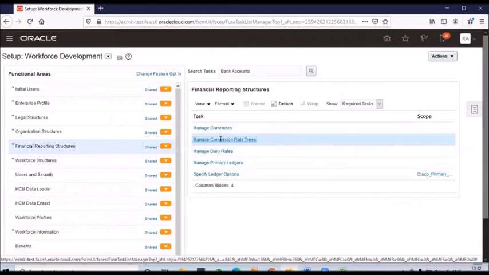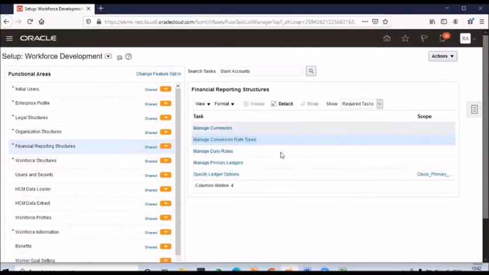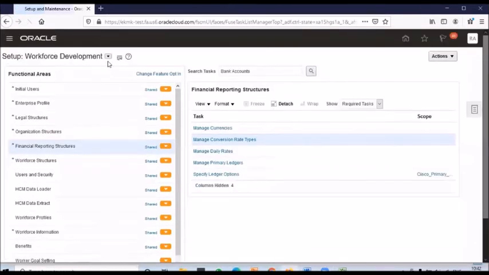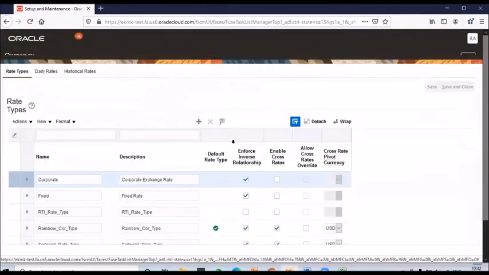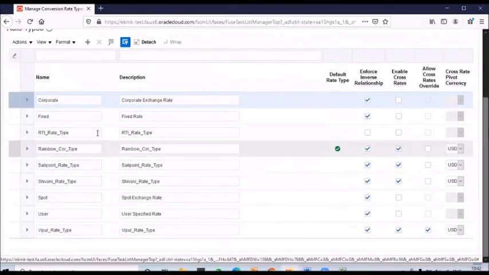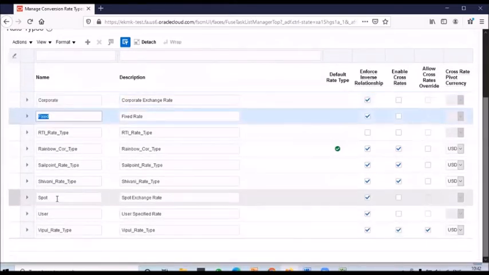By default, when you buy the product, you can see the 4 rate types: corporate rate, user rate, fixed rate, and spot.